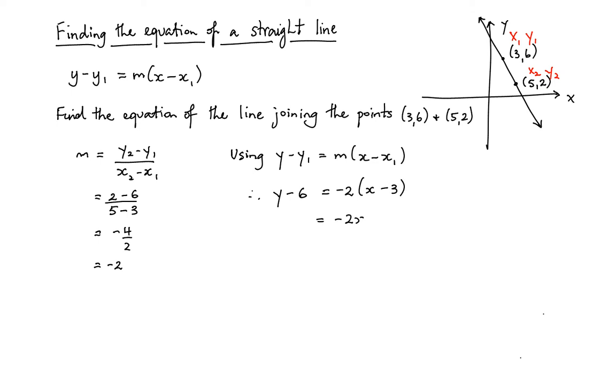So expanding the brackets there, we find that y take 6 equals negative 2x plus 6. We've got this negative 6 here, so we want to take it over to the right hand side, and of course we do that by adding. So therefore we will add that 6 from the left hand side, and that gives us our final equation of y equals negative 2x plus 12,